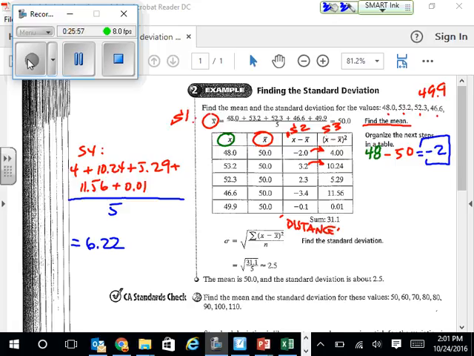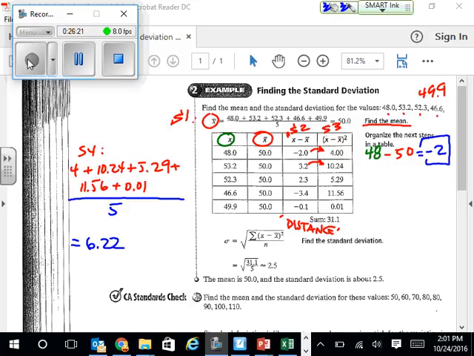From here to here, instead of them showing what 31.1 divided by 5 equals, which is the 6.22, they just went to the next step. So once we found the mean, this is the mean of these guys,